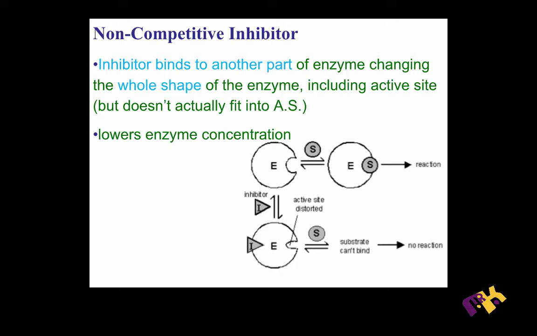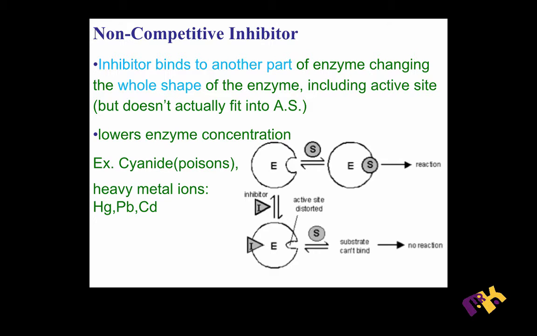Right? We use this, or this is used in poisons. Heavy metal ions like mercury, lead, and cadmium, and also insecticides, this is how they work. They're loaded with non-competitive inhibitors that will bind to enzymes that are crucial in some metabolic pathway for the insect or organism, and ultimately shut that pathway down to the point where we either off the organism